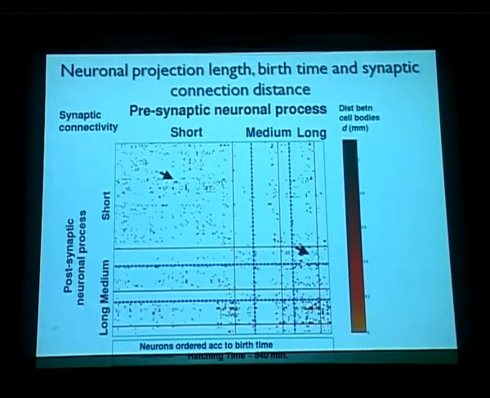For example, this is a neuron with a long presynaptic process forming connections with a neuron that has a short process length, but after the hatching period. Similarly, this is another instance, again after hatching. The long neuron with postsynaptic connections forms a connection with a set of neurons with long presynaptic connections,